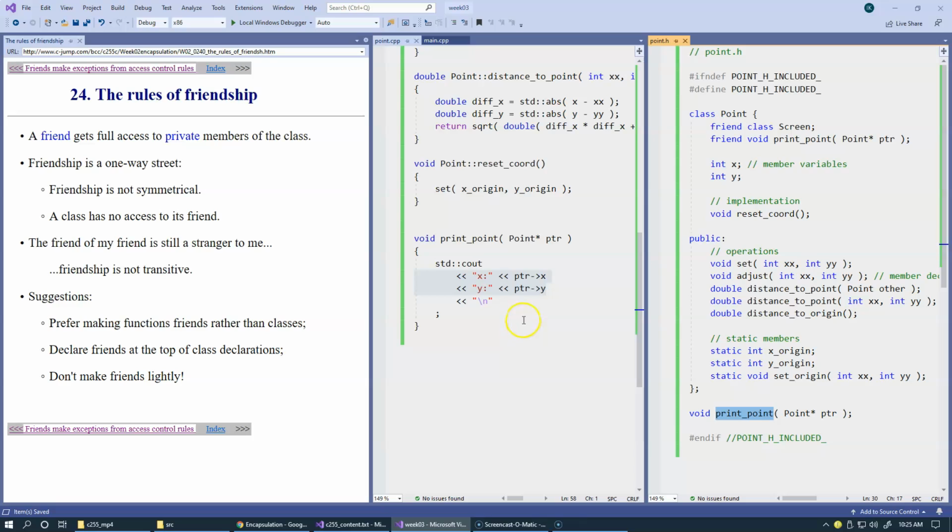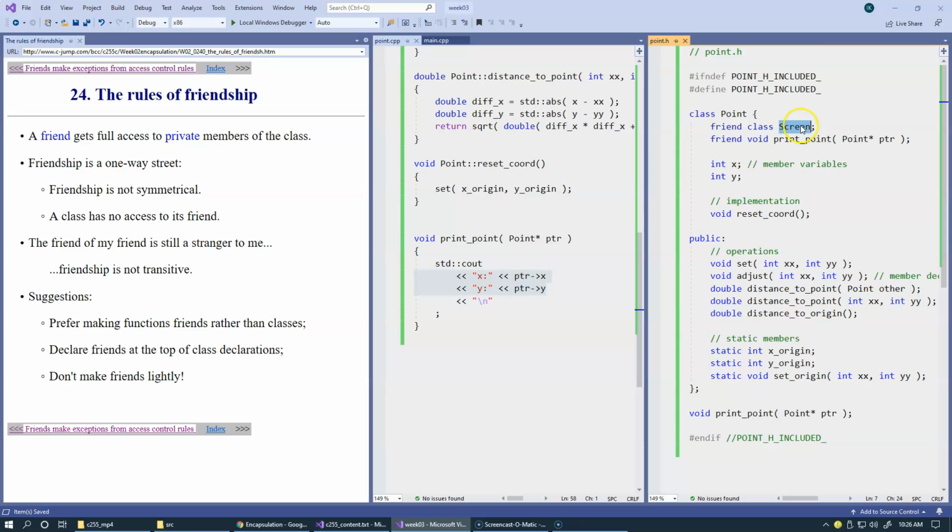So it's easy to trace the functionality of a single function and see what it actually does within the class, as opposed to giving a friend access to the entire class with many different functions, which will now be able to do anything they want with the internal state of this class point. So this is a much wider permission to break the encapsulation rules. This is why we say let's prefer making functions friends rather than